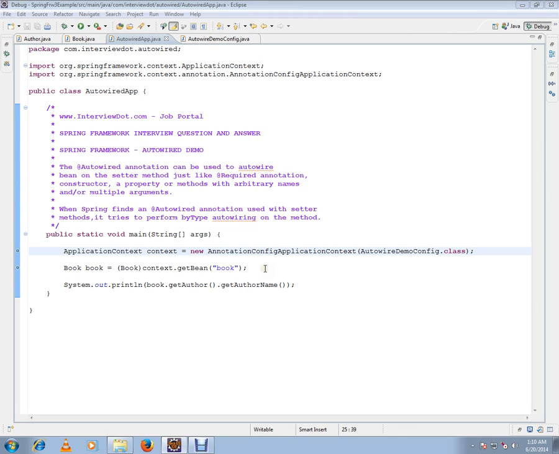In this video, I'm going to talk about Spring Framework auto-wire annotation. The auto-wire annotation can be used to auto-wire a bean on the setter method, just like required annotation, constructor, a property, or methods. When Spring finds an auto-wire annotation used with setter methods, it tries to perform by type auto-wiring